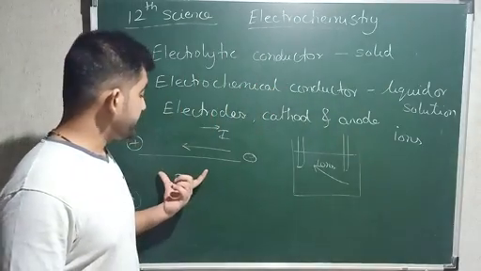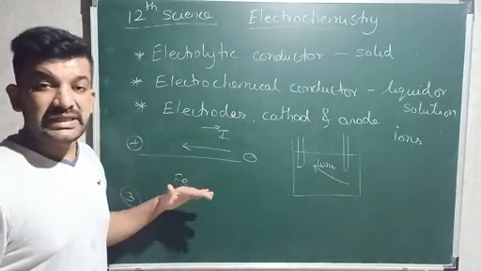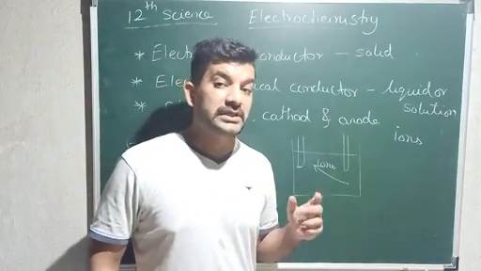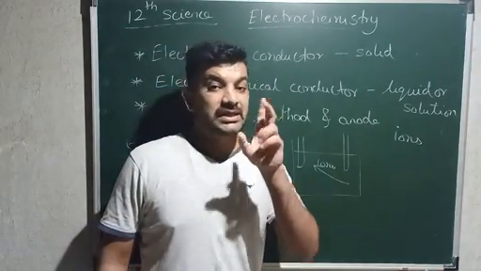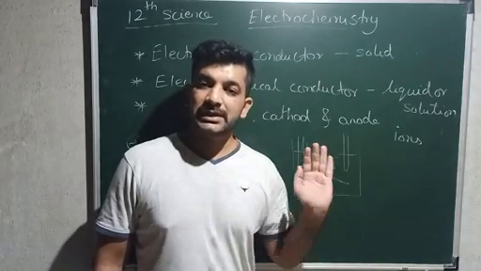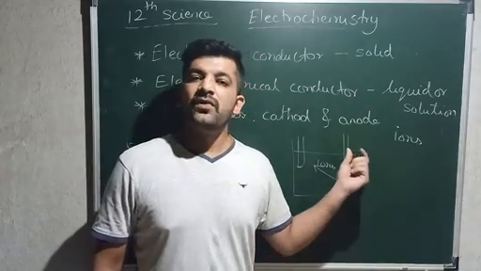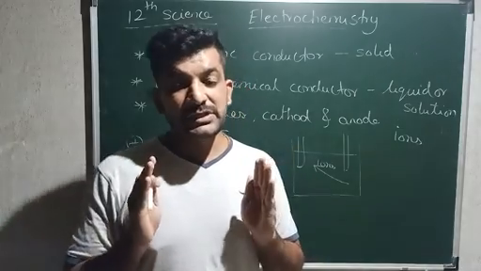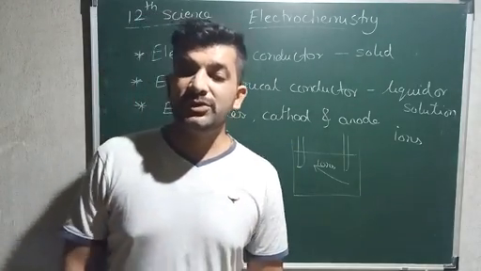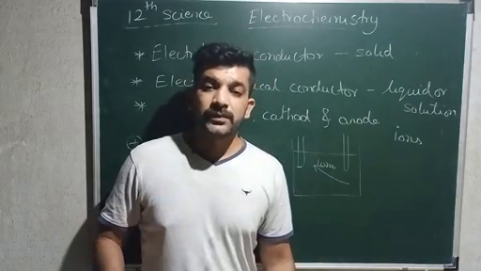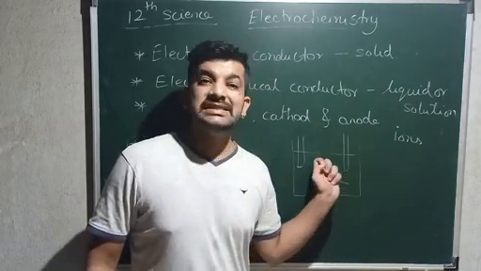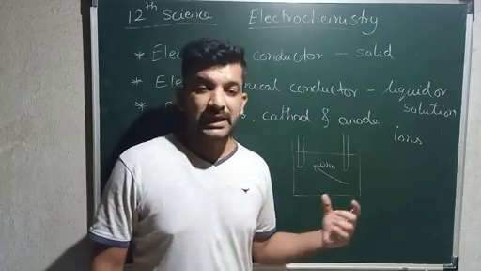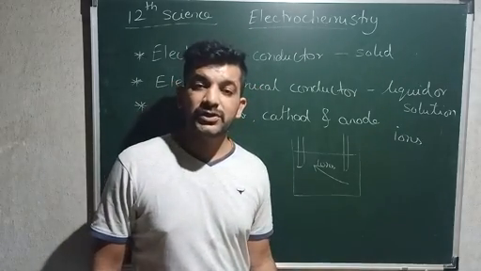So we can say that with the increase in temperature, conductivity decreases. What can be the condition for the electrochemical cell? We can say that with the increase in temperature, the resistance may also increase. I am just suggesting that this is also a possibility. So let's see what will happen with increase in temperature over here. What do you think will happen with the increase in temperature of the solution?